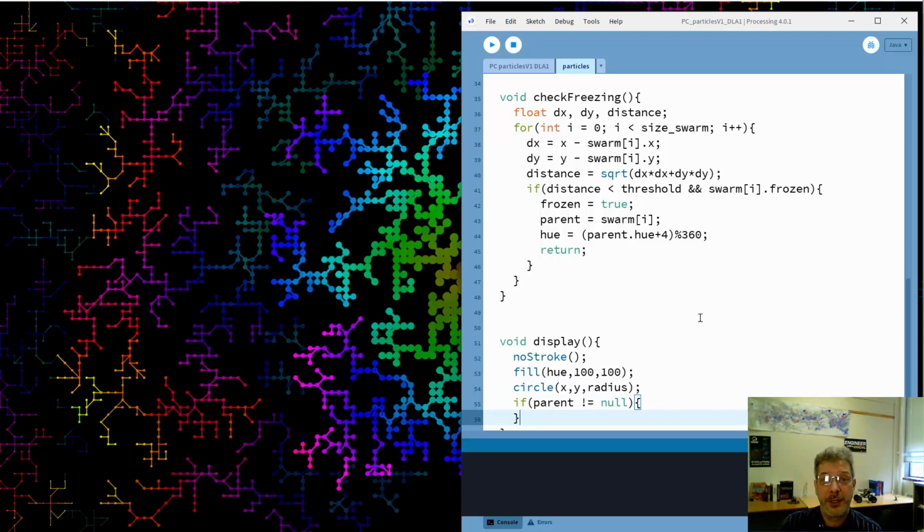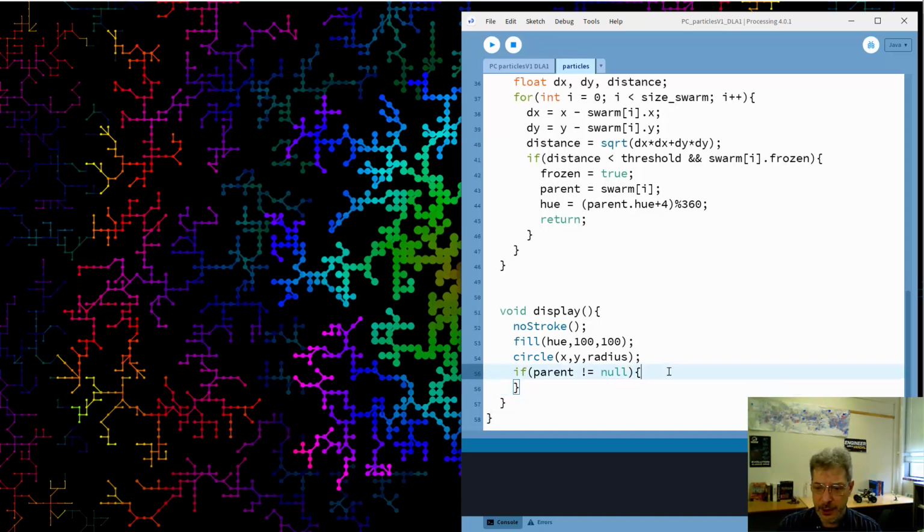And really there's 2 ways to do that. We can make sure the particle is frozen, and if it's frozen, it must have a parent. Or a little more directly, we could just check to make sure the parent is not null. And that's a little more of a direct check, a little safer in terms of the program. So if the parent is not null,